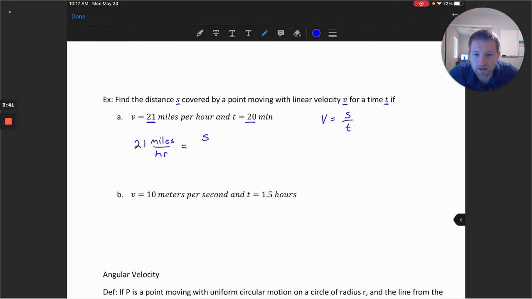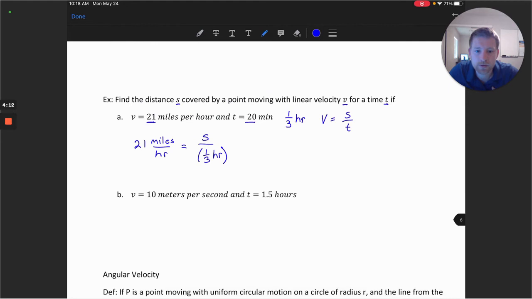If I think about my time, though, this is in minutes. I'd like this to be in hours if I can. One way we could write this is 20 minutes is the same thing as 1/3 of an hour. We have 60 minutes in an hour, so 20 minutes is just 1/3 of an hour. And I'm just going to keep that as a fraction, 1/3 of an hour